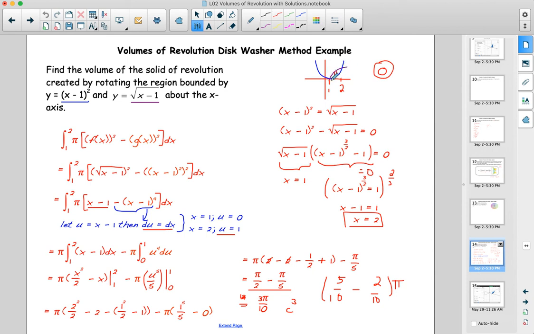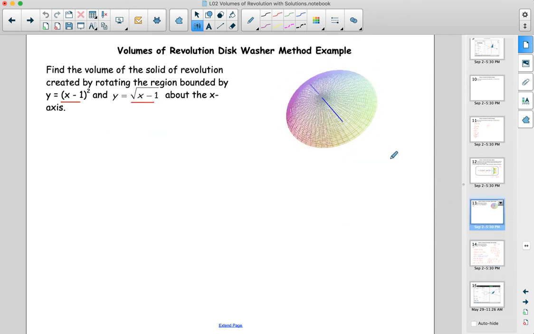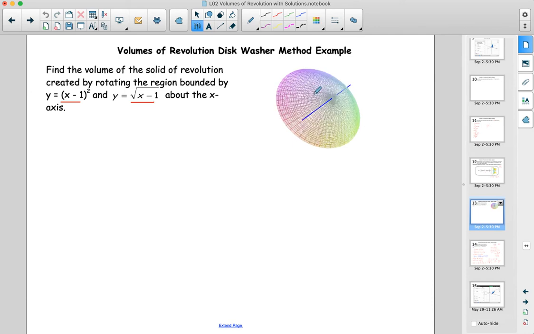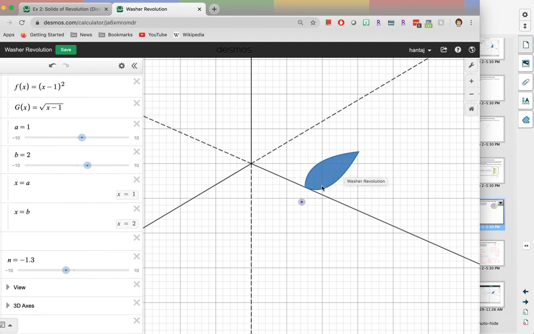So the inner curvature is following the root function. The outer curvature is following the parabolic function. The outer curvature is easy to see following the parabola, but the inner curvature there is following the root function. I'm not sure if it's going to be any easier to see that over here, but this is the same problem. And then if we start to rotate it just a little bit,